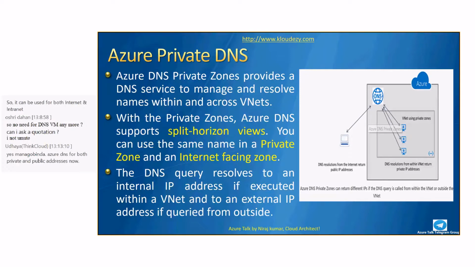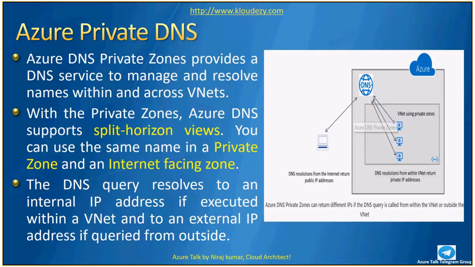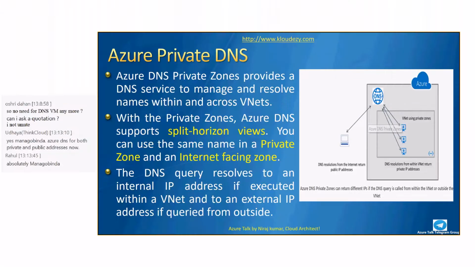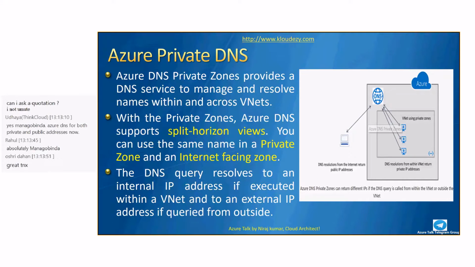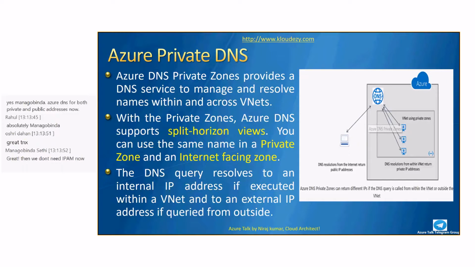So they will send the request to the Azure DNS server, and then from there, the DNS server in Azure will resolve the IP address for that user. So you'll have to create a delegation record, and that is for public DNS zone, not for private. Private is for internal name resolution. I hope we answered your question.